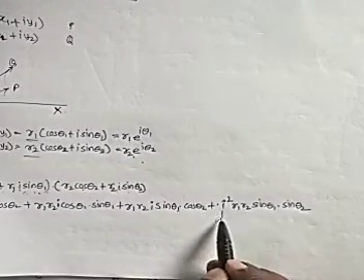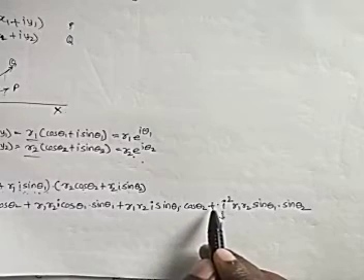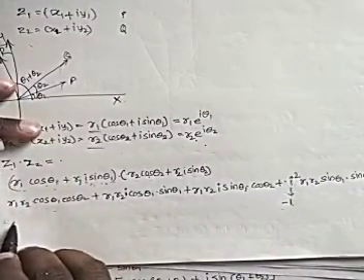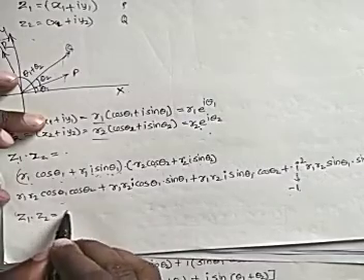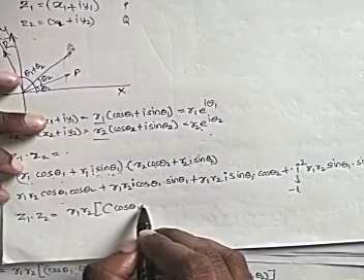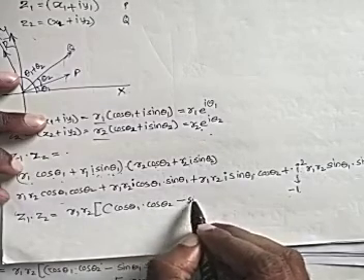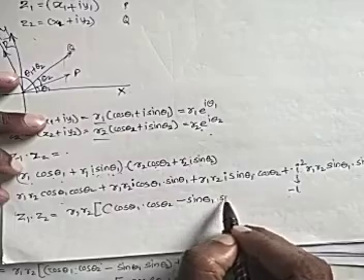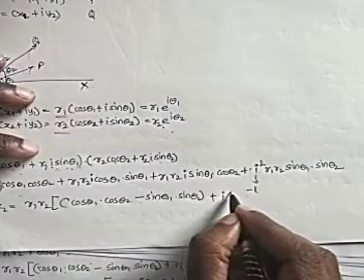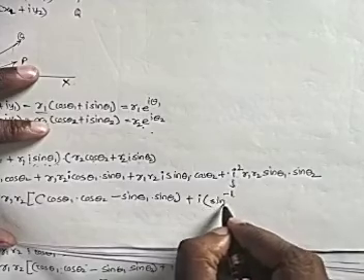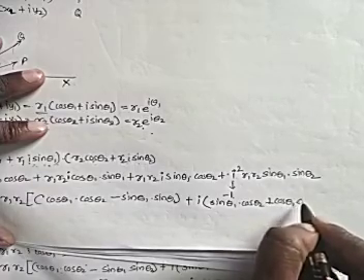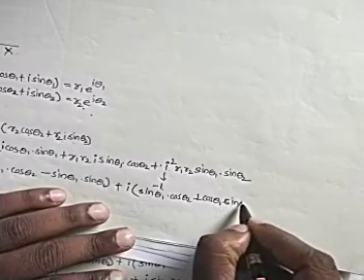The value of I square is minus 1. So in this case we get Z1 dot Z2 is equal to R1 R2 in bracket cos of theta 1 into cos of theta 2 minus sin of theta 1 into sin of theta 2, bracket complete, plus I times sin of theta 1 into cos of theta 2 plus cos of theta 1 into sin of theta 2,